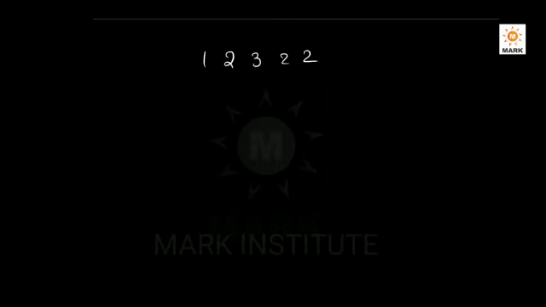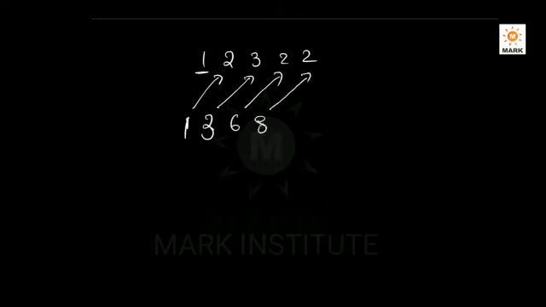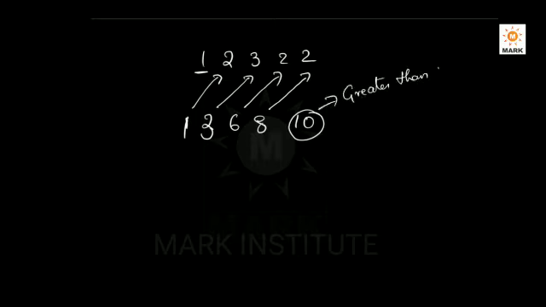12,332 I am taking. So first number as it is, 1. Plus 2, 3. 3 plus 3, 6. 6 plus 2, 8. 8 plus 2, 10. Friends, we know whatever the last summation that we get is nothing but the remainder. But here 10 is a number greater than 9. We know no remainder should be greater than the divisor. So we are dividing with 9 and the remainder here we got is 10. So again we have to redivide it by 9.